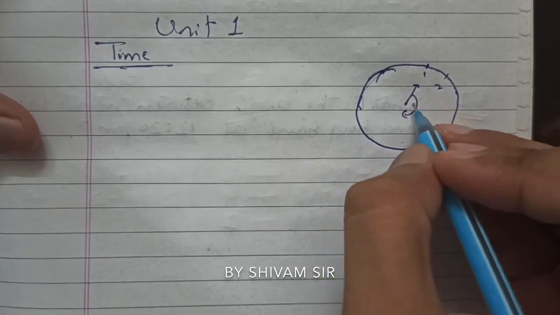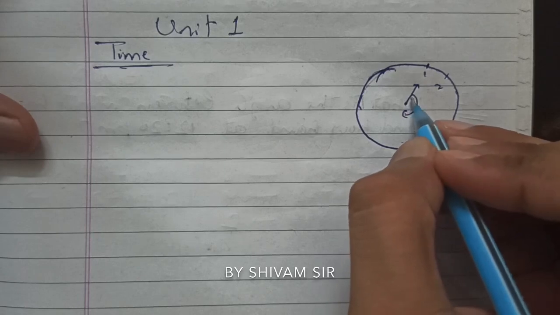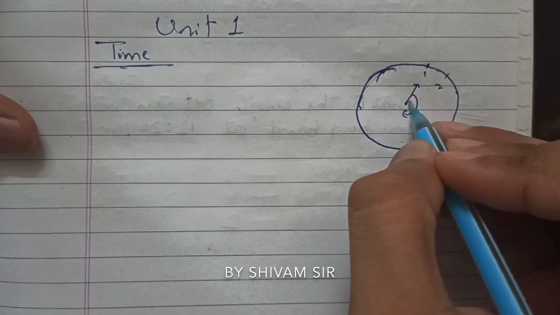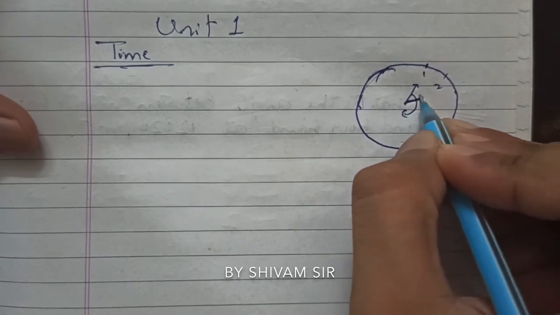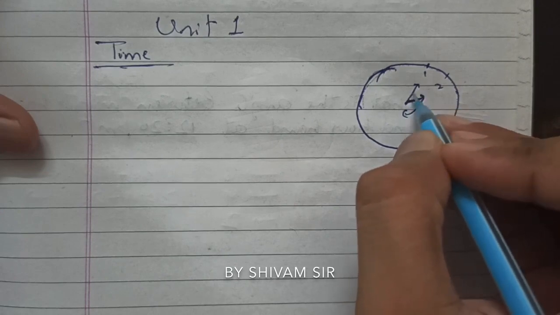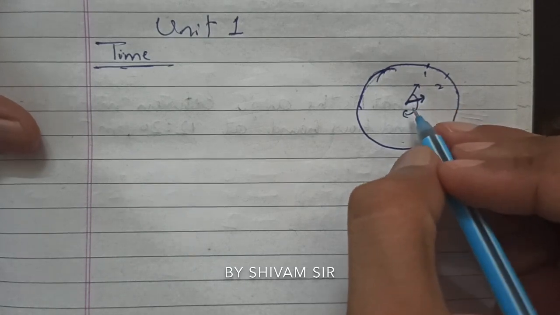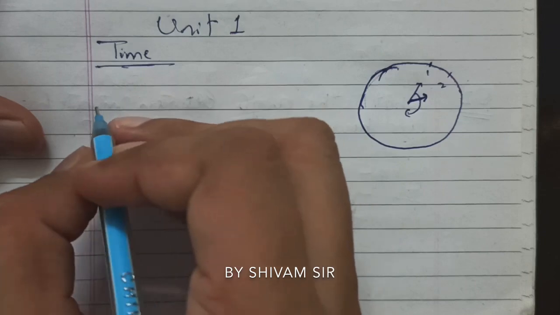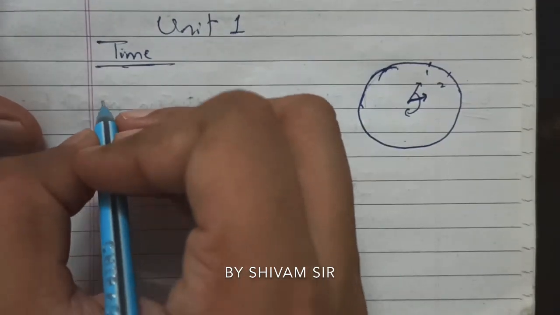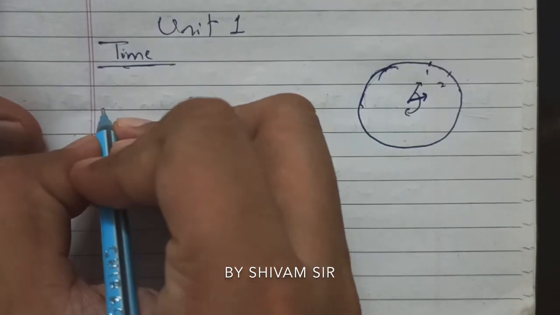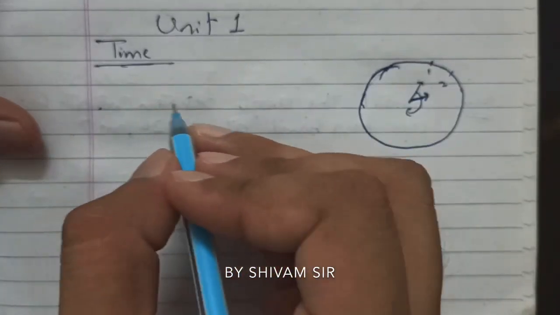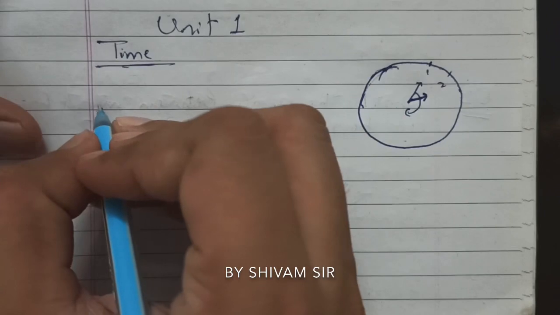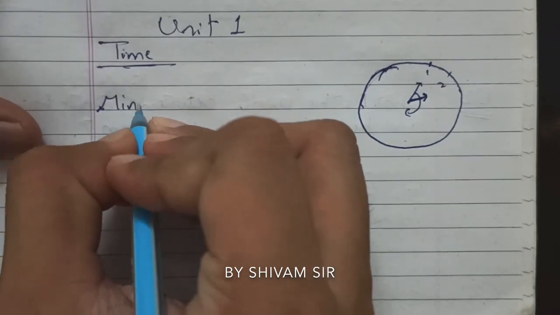So there are two hands, the minute hand and the hour hand, right? The minute hand is longer than the hour hand. The hour hand is of short height, or small size. This is of large size. Minute hand and hour hand. So we should know that for the minute hand, we are talking about the minute hand first.